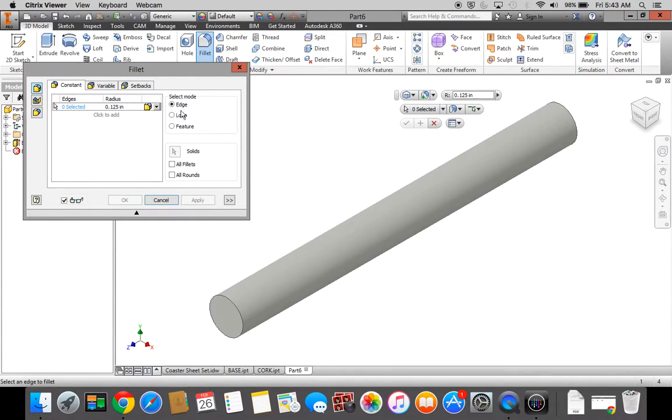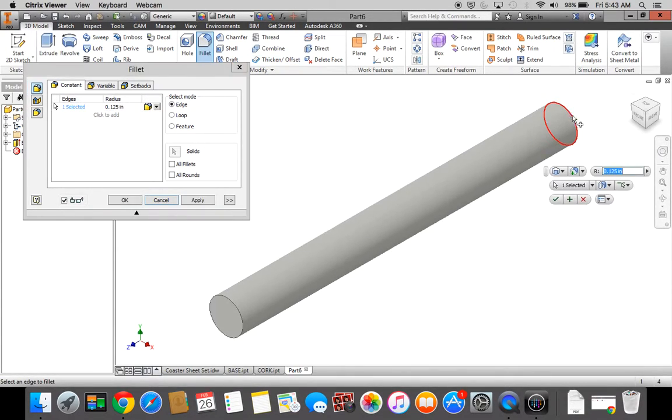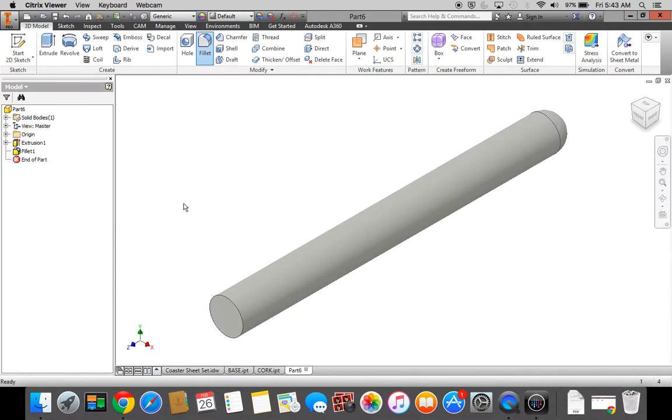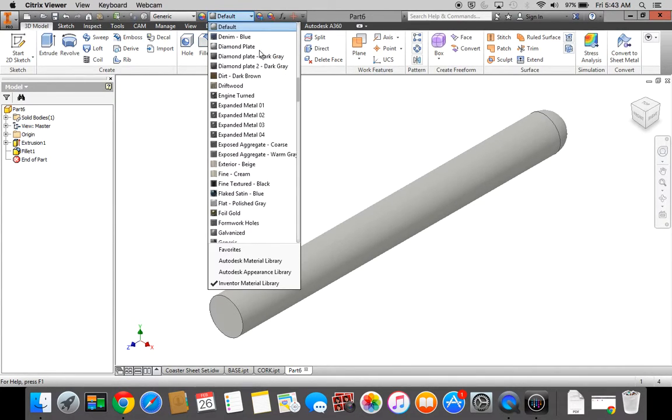The radius is 0.125. I'm going to select my top edge of the peg. Click Apply. Cancel out this window. And my peg is done. Let's change our material from default